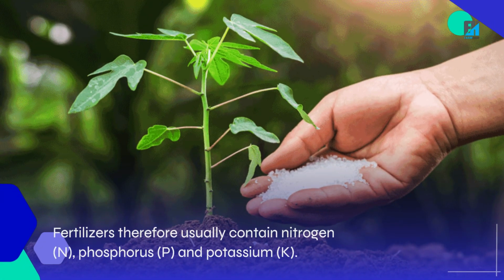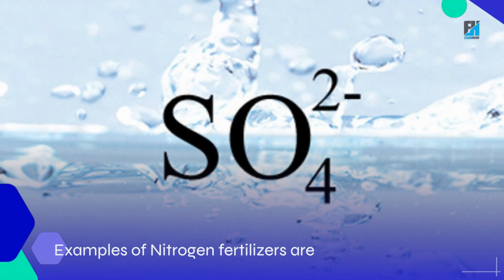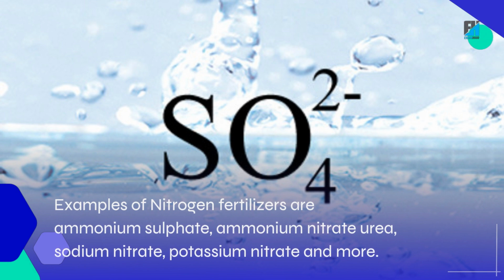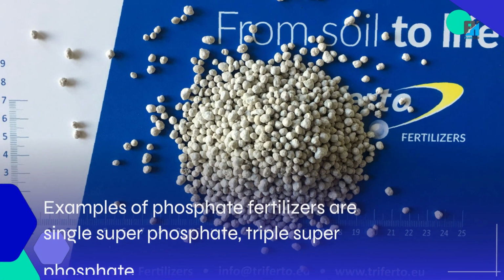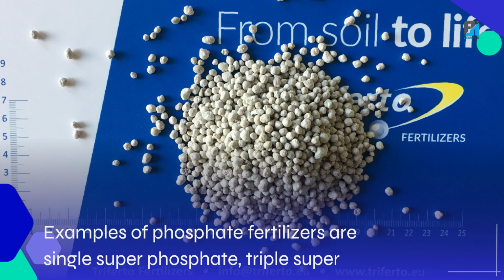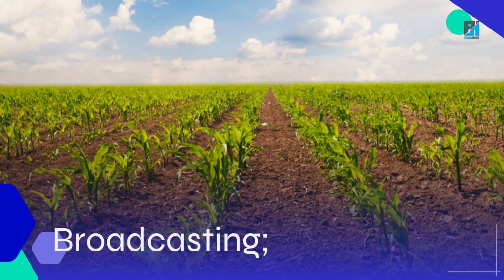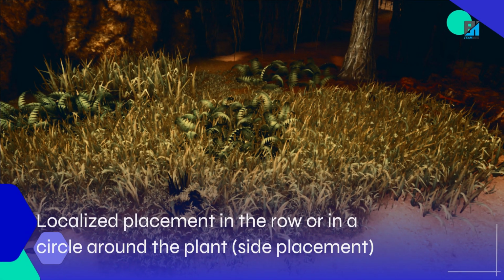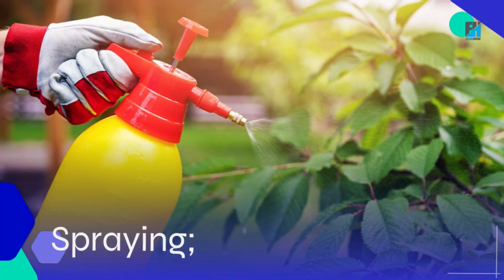Fertilizers therefore usually contain nitrogen, N, phosphorus, P, and potassium, K. Examples of nitrogen fertilizers are ammonium sulfate, ammonium nitrate, urea, sodium nitrate, potassium nitrate, and more. Examples of phosphate fertilizers are single superphosphate and triple superphosphate. Ways of applying fertilizer: broadcasting, localized placement in the row or in a circle around the plant, side placement, spraying,